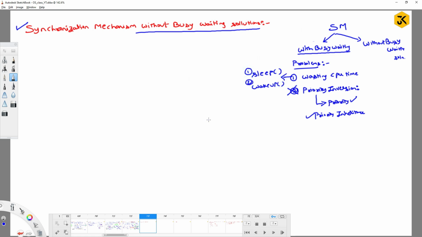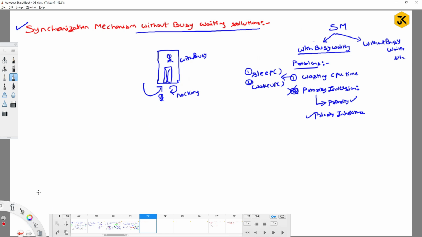In general, if I say with an example, if I am going to have a room here and somebody is already there inside the room, when I am entering into the room, I will check. It is a kind of with busy waiting solution. When I check somebody is there inside the room, I will always continuously be knocking the door. Continuously knocking the door, right? Yes. Instead,